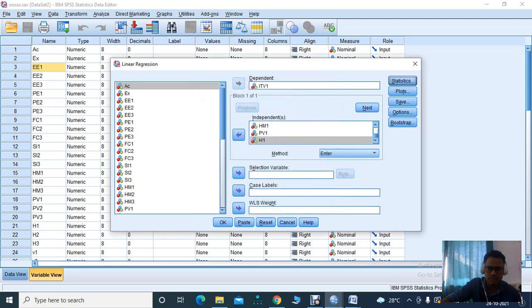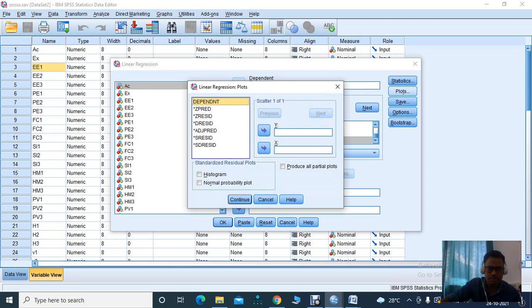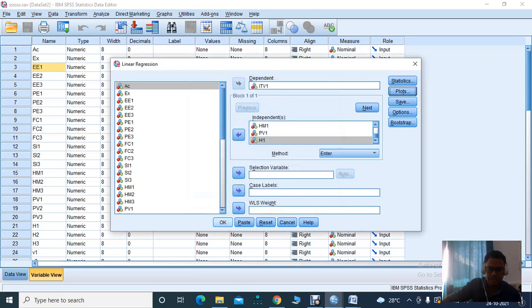We continue, and then in Plots we check the linearity of the relationship: ZPRED on the x-axis and ZRESID on the y-axis. We can use the normal probability plot and histogram to see the normality of the relationship. We can continue, and then click OK.